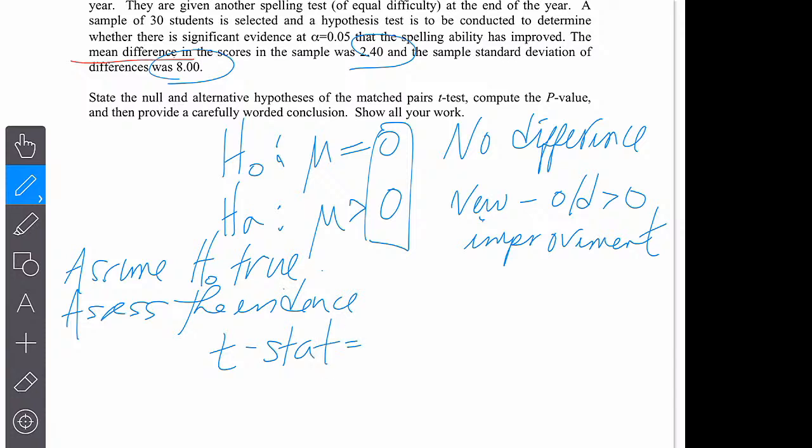And it is equal to x bar minus the hypothesized mean. So it's the one over here. That's what these are. And you standardize it using the standard deviation of x bar. Because we don't have sigma, we use s instead. So putting it all together,